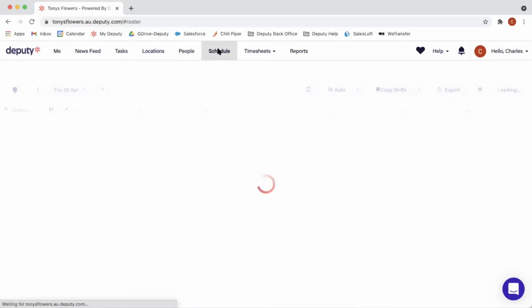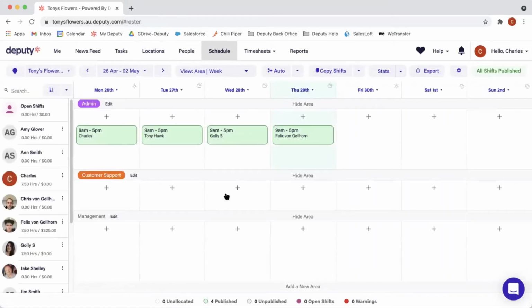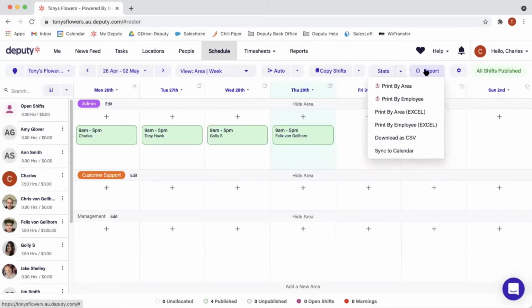So let's go back to the schedule. Now your shift has been published. Your employees have been notified of it. However, you still want to print them out for them. So if you go on export, we have two options: print by area and print by employee. So if you click on print by area, this will download a PDF of the file